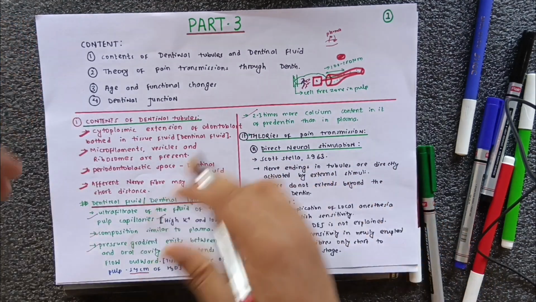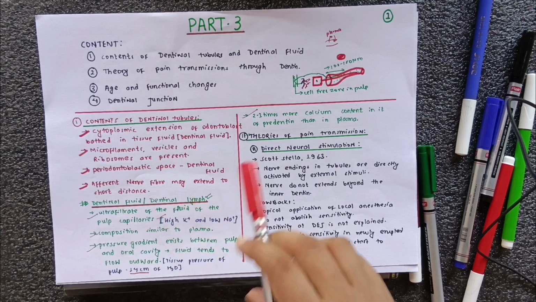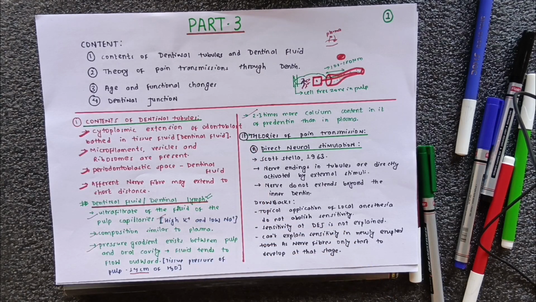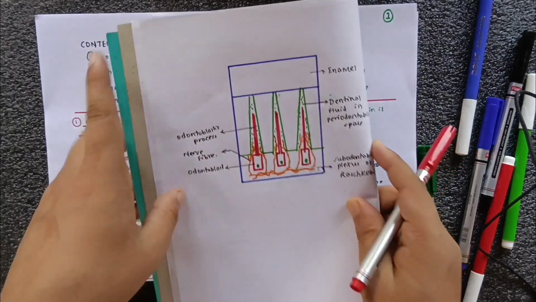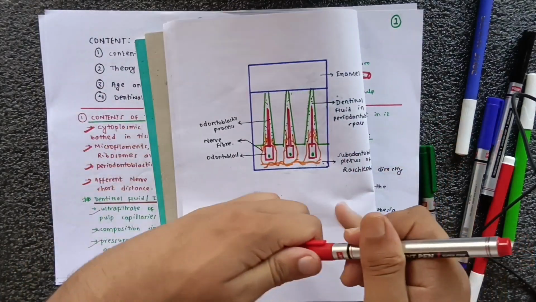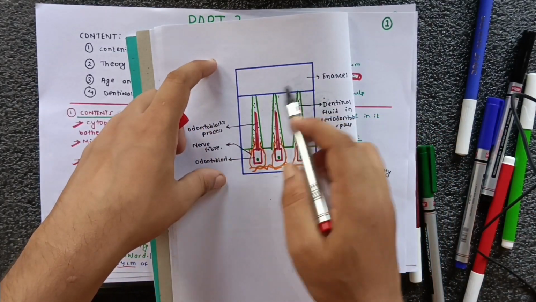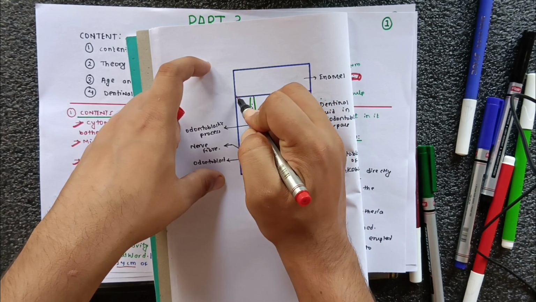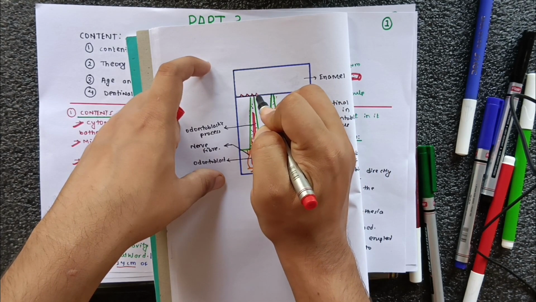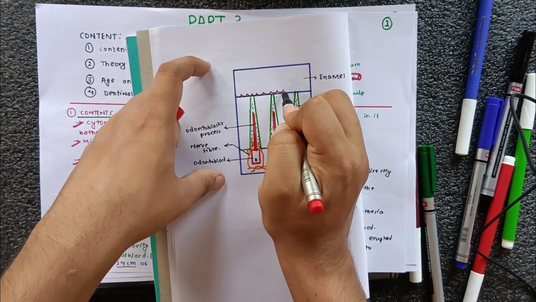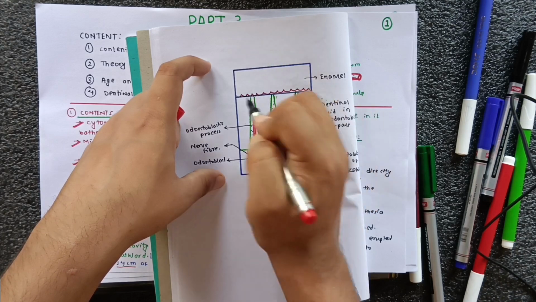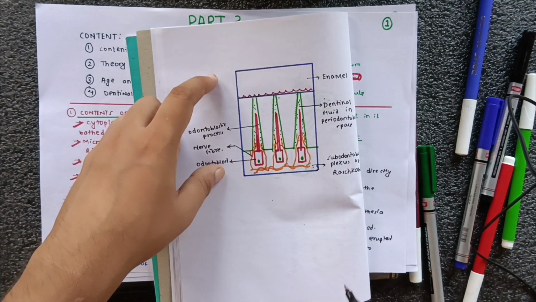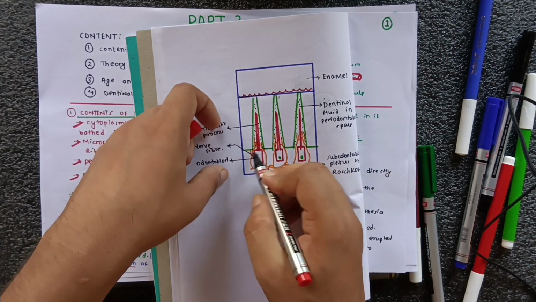For this content of the dentinal tubule, I have one picture, I will show you that. Take a look at this. This is the enamel. This outer layer is the enamel, this is the dentin-enamel junction, and I have made a mistake here. The mistake is this: the dentin-enamel junction is scalloped, and the concavity is towards the enamel and the convexity is towards the dentinal side, and this is the pulp